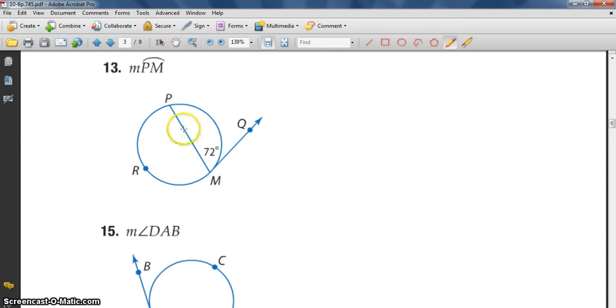Alright, so our theorem states that whenever you have, just like with an inscribed angle, when the vertex is on the circle, so that's the key with this lesson, is the vertex of the angle inside the circle, like it was on the last problem, on the circle, as it is in this one, or outside of the circle. So when the vertex is on the circle, then the angle formed is just equal to half of the intercepted arc. So the arc that's on the inside of this angle. So the angle is equal to half of the intercepted arc, which is arc PM,